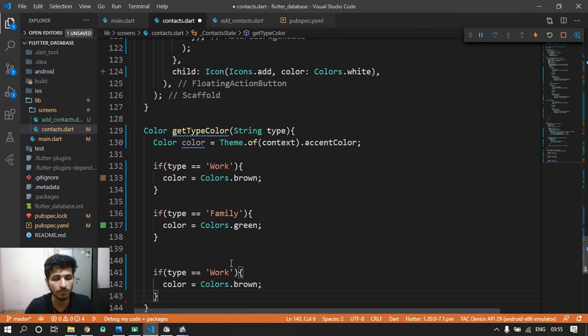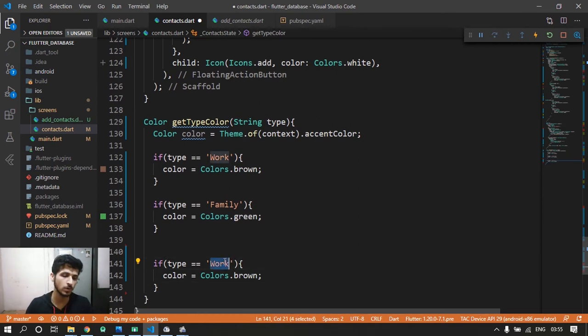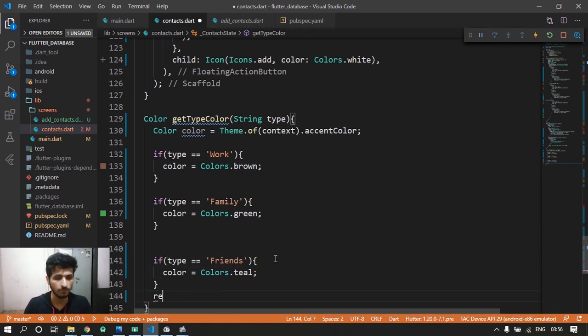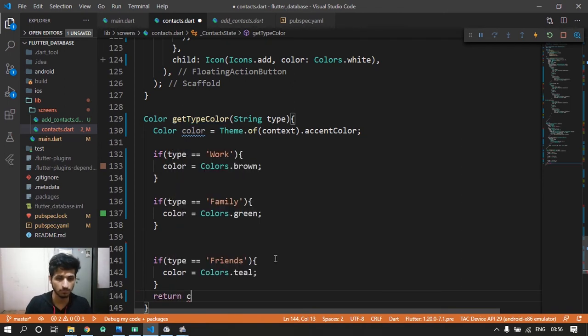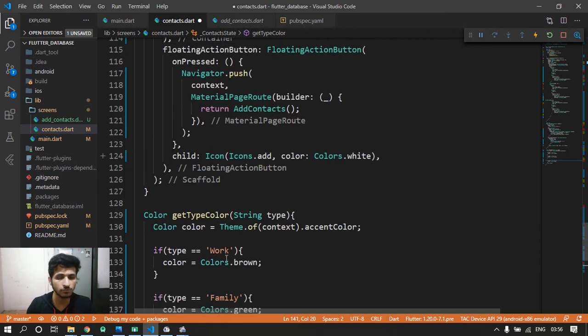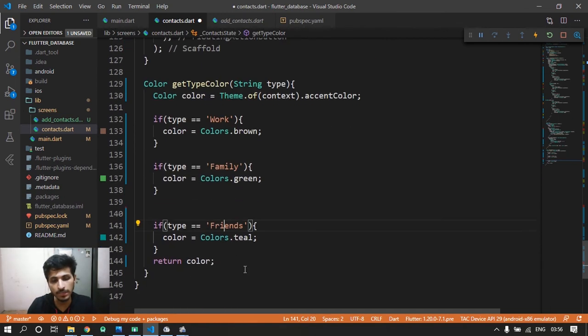Again paste this if statement and check if type equals friends, then the color should be teal, and then we are going to finally return this color. So for others and anything else, the default will be the accent color, and if it is work, family or friends, then the color will change to brown, green or teal.